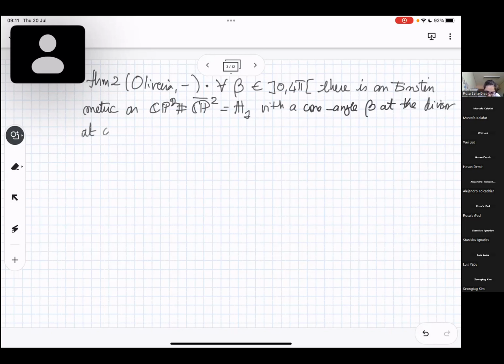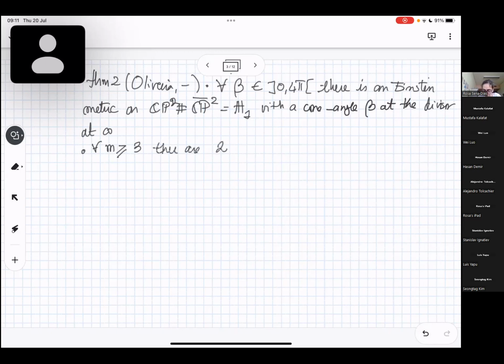Which already appeared in the last talk. Okay, so this Einstein metric is not smooth. It has a cone angle. Okay, so now for what do we manage for m greater or equal to 3. Okay, so in this setting,